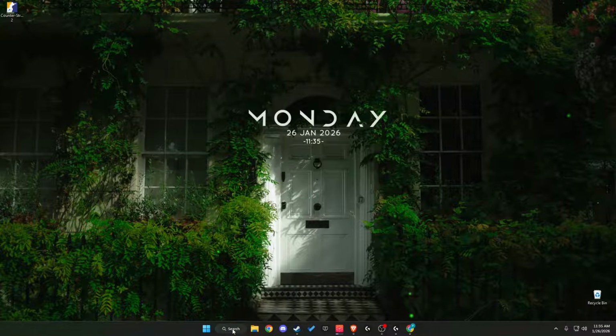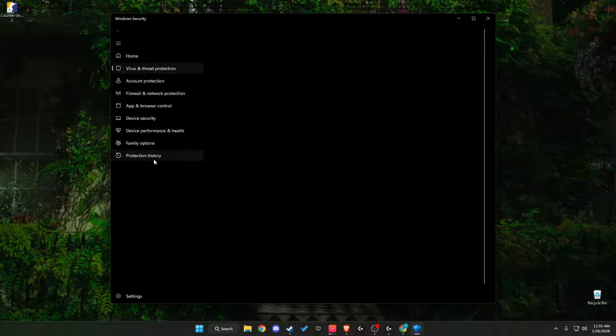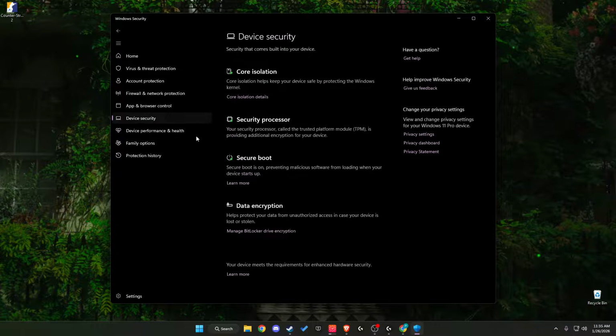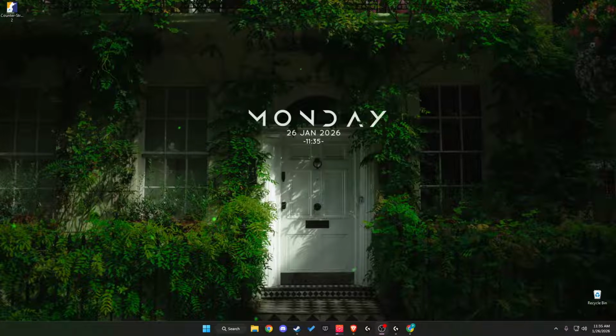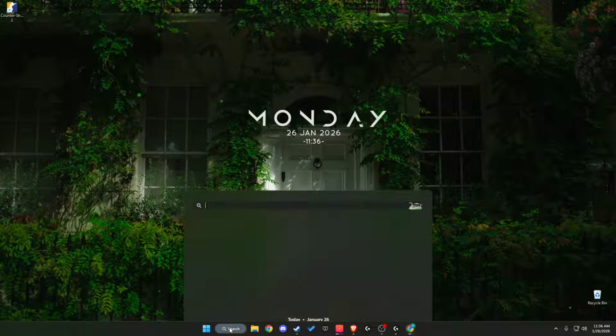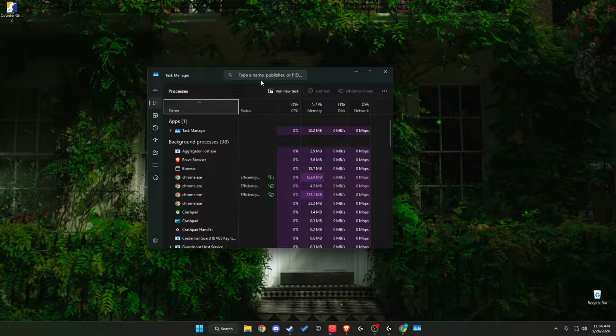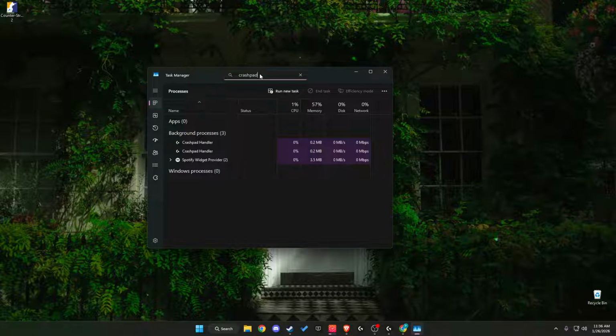If the problem persists, then you need to look for Virus & threat protection. And then you need to go to Device security, and on Device security, go to Core isolation details, and then make sure Kernel-mode Hardware-enforced Stack Protection is disabled, and then restart your computer and look if the problem persists. If the problem persists, then open up Task Manager, then type the name, and then type crashpad, and